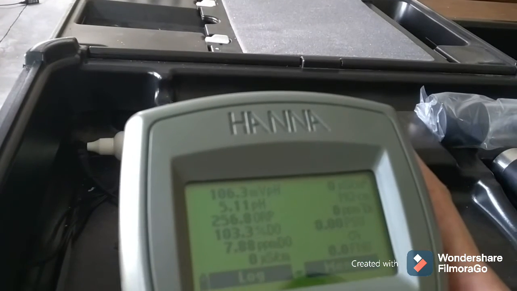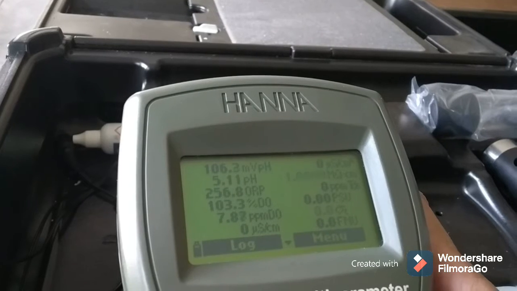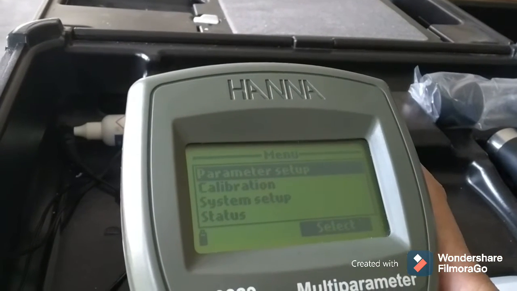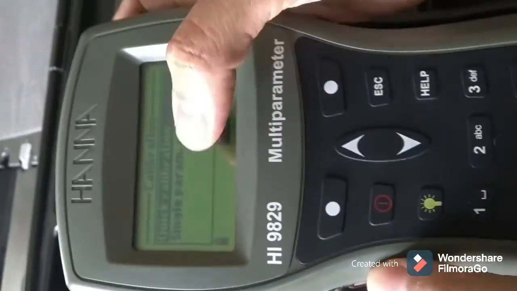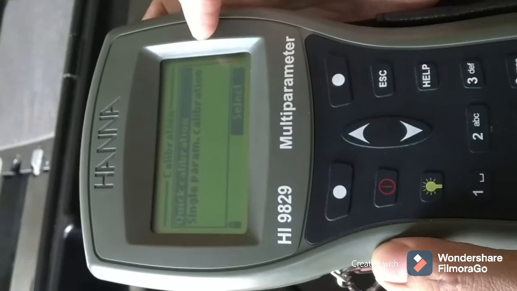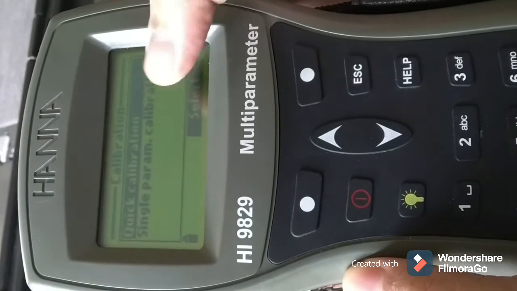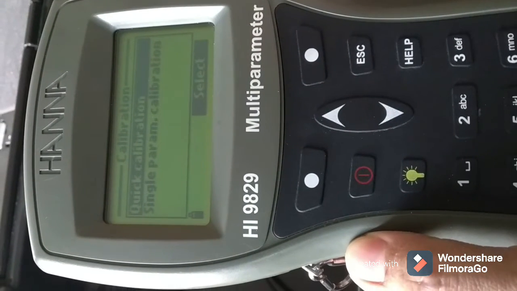For that we have to calibrate this one. First we have to select the menu button, then select calibration, then we have to do the quick calibration. Here you can see the single parameter calibration. For example, if we want to calibrate the dissolved oxygen percentage, we can select that parameter only.